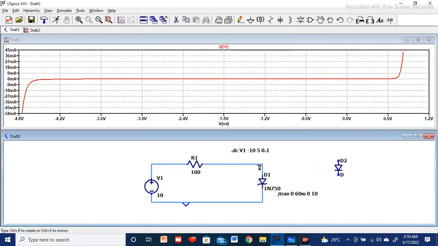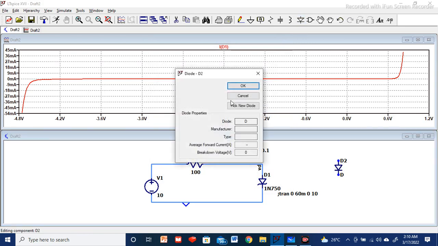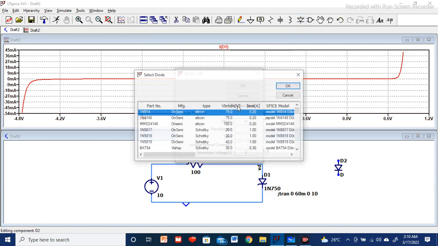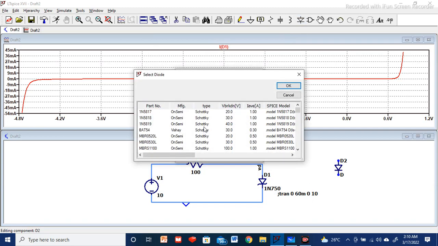Once you select the diode, right click here and pick new diode. Going to pick new diode, we have to select a Zener diode from this library. There are a lot of diodes available in the library.